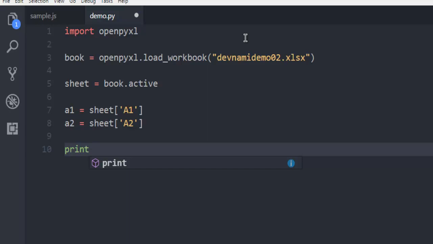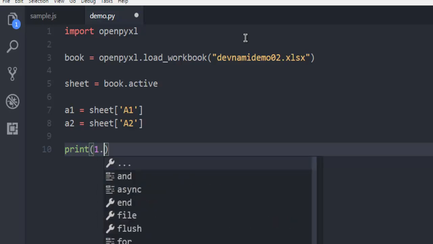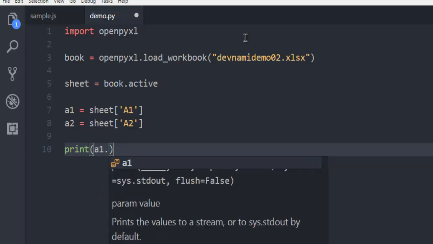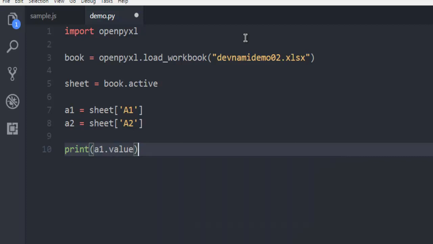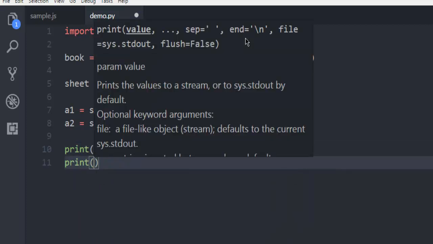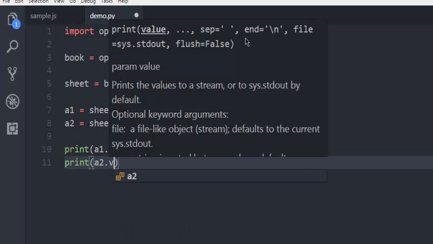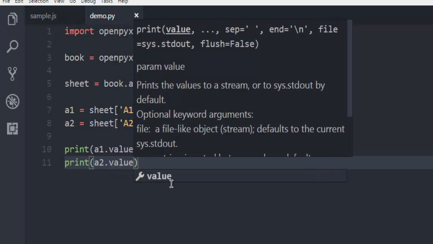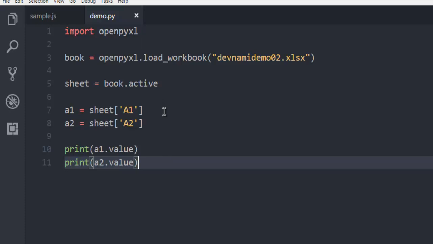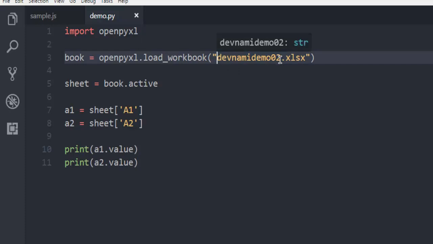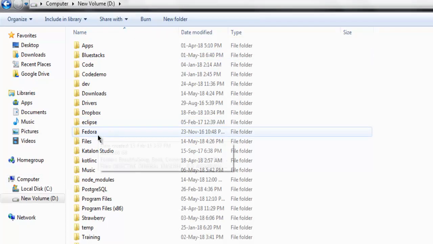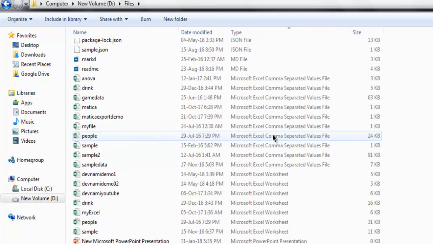Now for print, I'm going to use A1.value, also A2.value. So these two values we are going to read, and they should be printed on our command prompt. Make sure that this path is also pointing to the right file. In my case I have this demo.py and this file Devnami